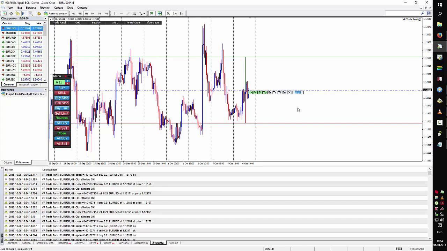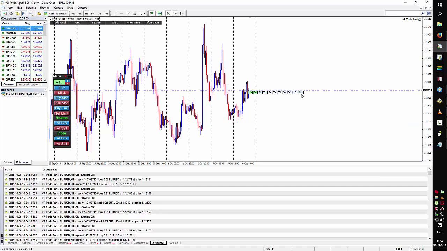Our order is opened with 0.21 lot. We want to close, for example, 0.5 lot. Enter the value for closing. Press the close button, and now we have 0.16 lot. Let's close 0.6. So we may have a trading